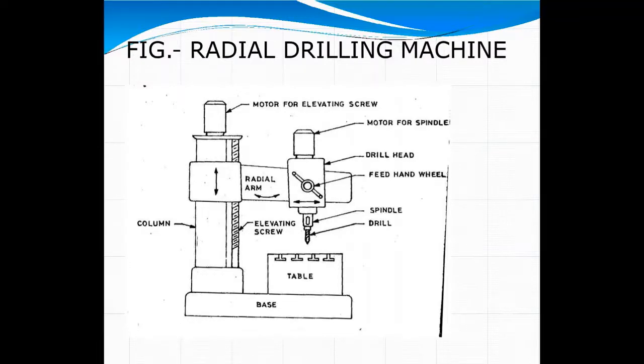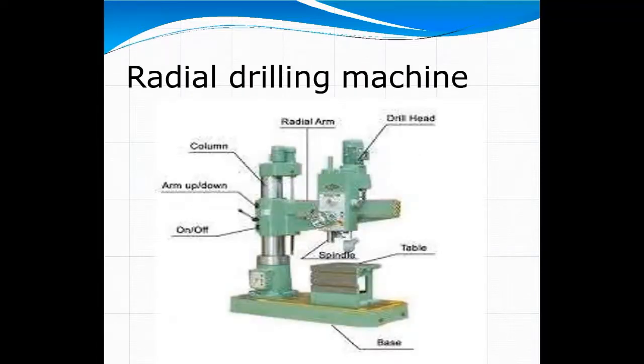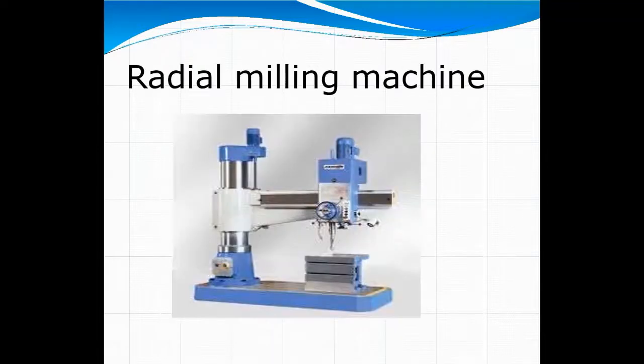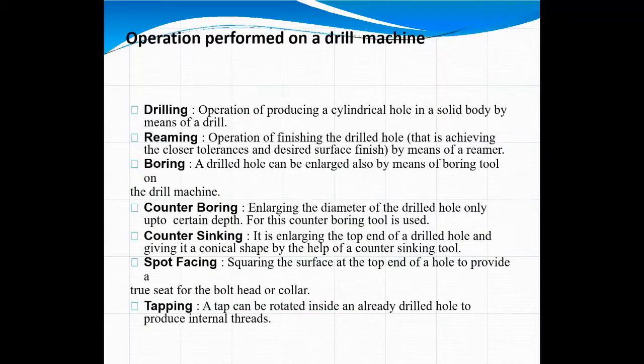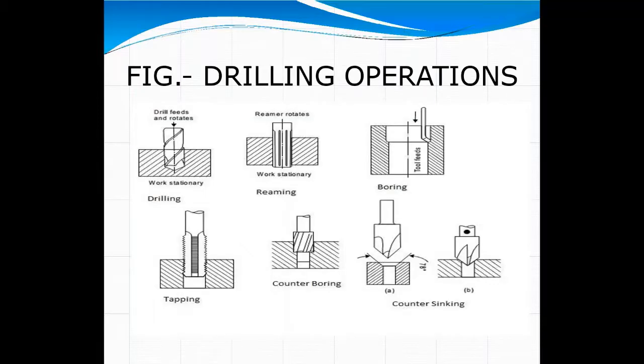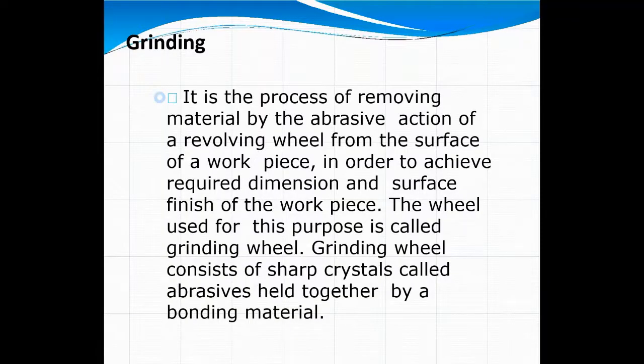Radial drilling machine. So it is used to make the drill by rotating the job. We can make drill. So we can make use of the tool from to and fro motions or rotating some angle as we required. Radial drilling machine. So with the help of the drilling machine, we can do drilling, boring, reaming, counter boring, counter sinking, etc.